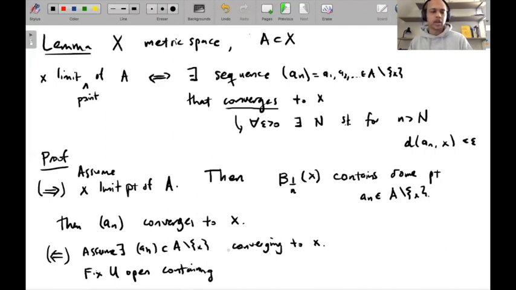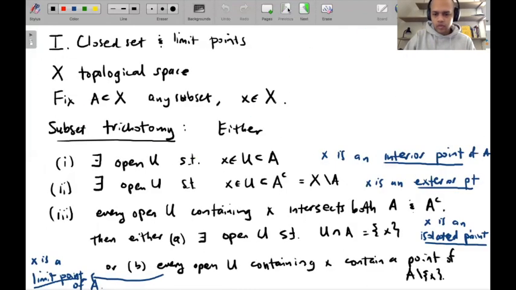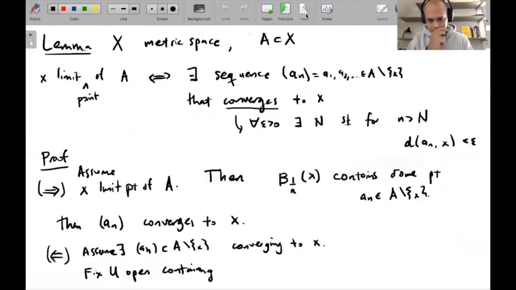We want to show U contains a point of A other than x. Yes, so the way we can do this is, well, first there exists some epsilon, since U is open and